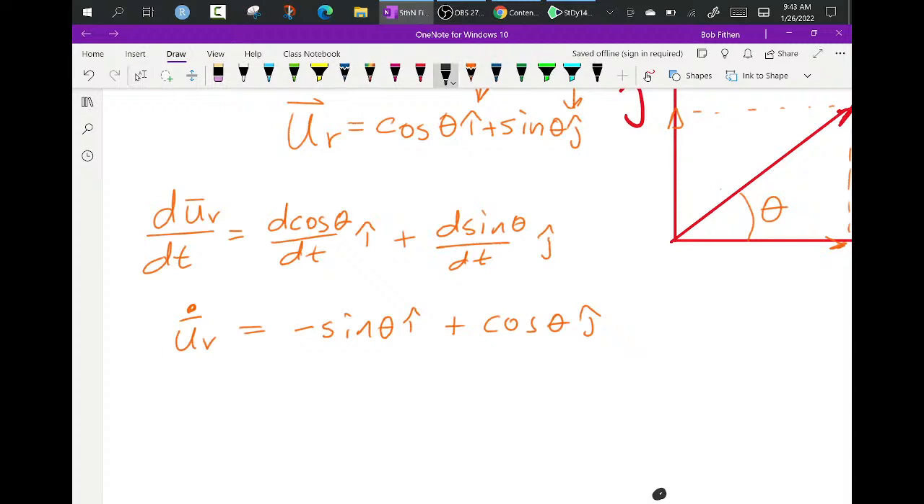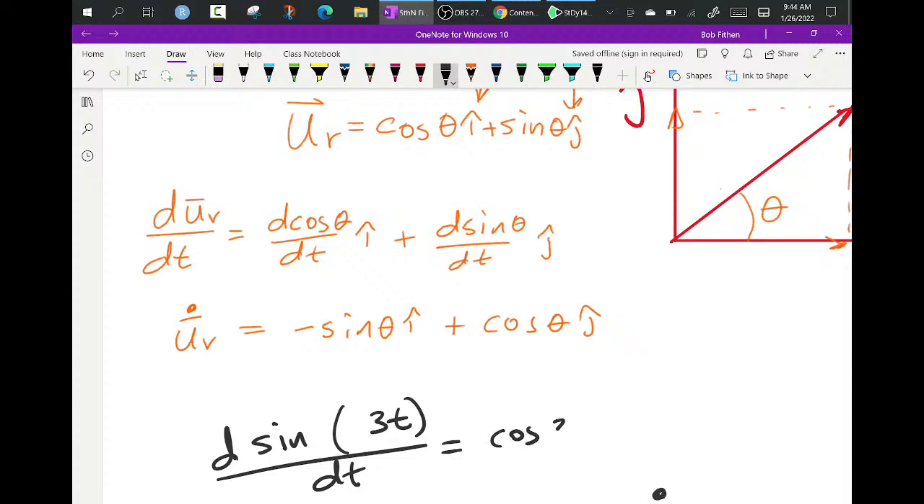So let's say this was 3t. Sine of 3t. Take a derivative with respect to t. What is that equal to? Derivative of sine is cosine, right? And then I need to take the derivative of what's in there, right? So I forgot that. So in fact,